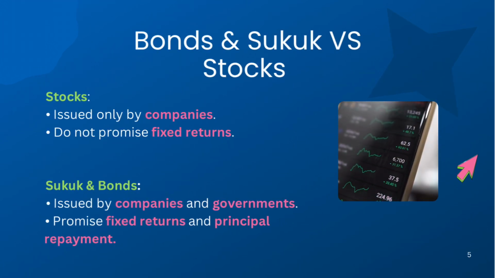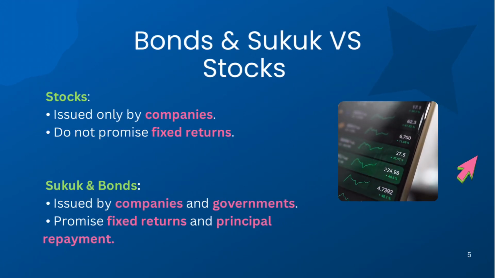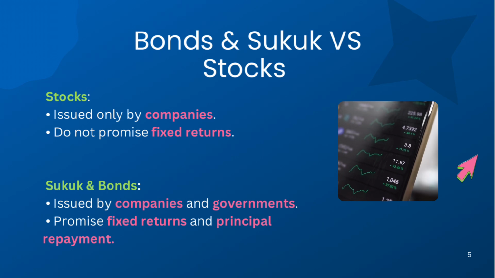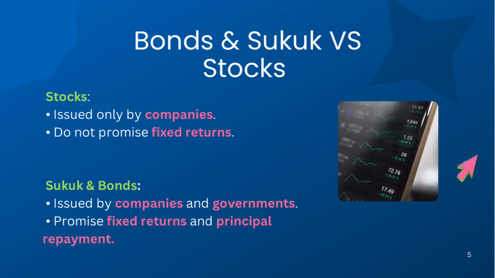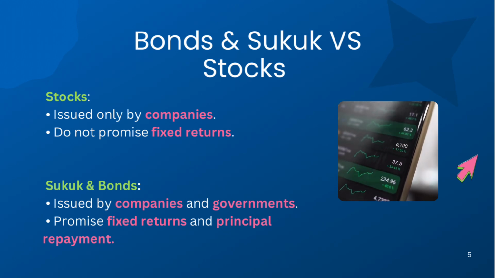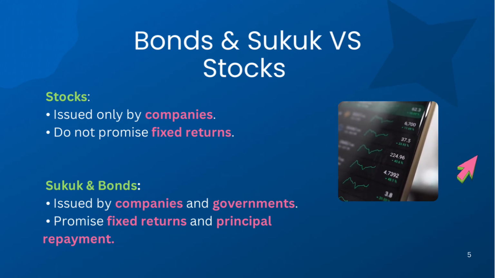A lot of people confuse stocks with bonds and sukuk, so the main key difference is that stocks are issued by companies only, whereas sukuk and bonds are issued by both companies and governmental entities. Sukuk and bonds commonly promise fixed returns, as well as the repayment of the principal, while stocks do not commonly